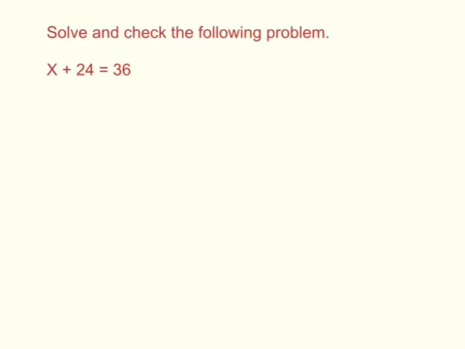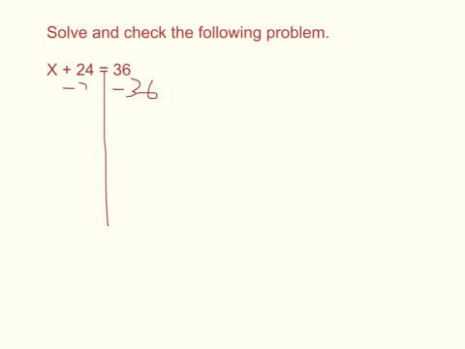Number one, x plus 24 equals 36. Well, my first step is to draw a line to split my sides, so I'm going to do that. Okay, and then my second step is to isolate x. All right, here's x. So I'm going to do minus